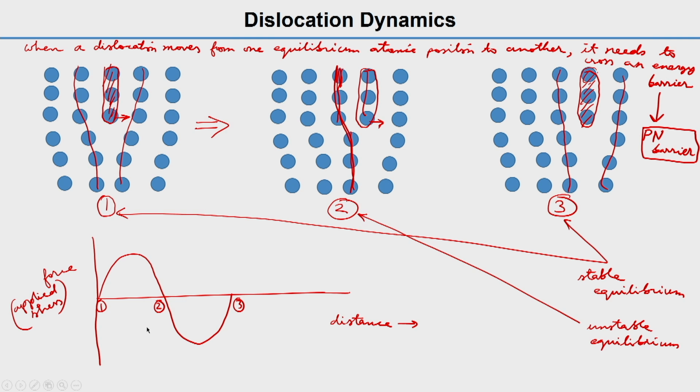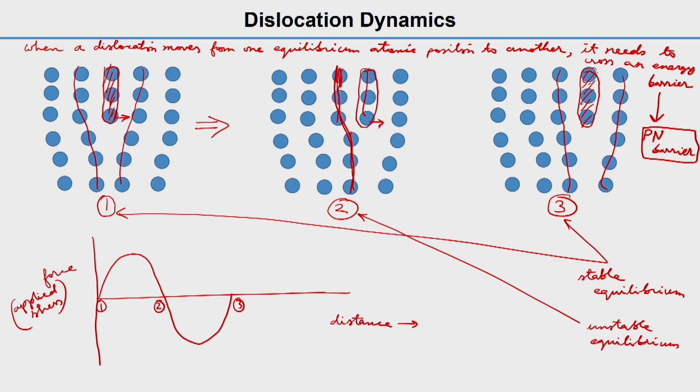As you know, the force versus distance will give you energy. The force required to move the dislocation will be tau PN. That is the stress required, so I would write here, tau PN will be the stress required